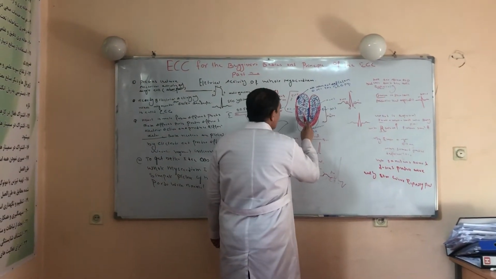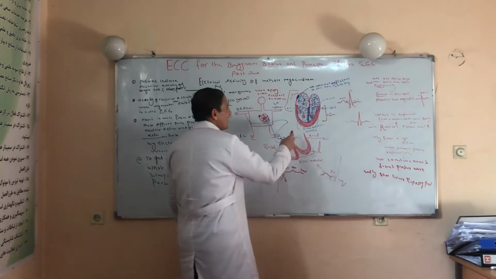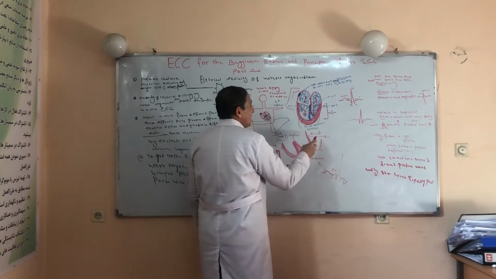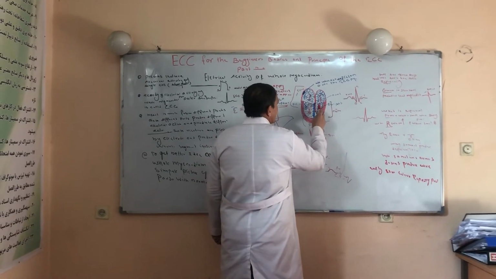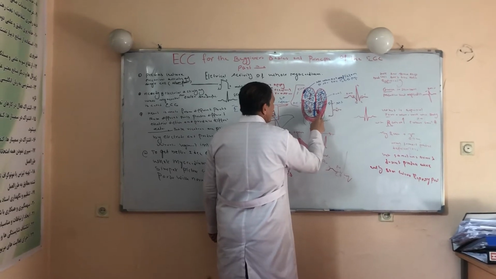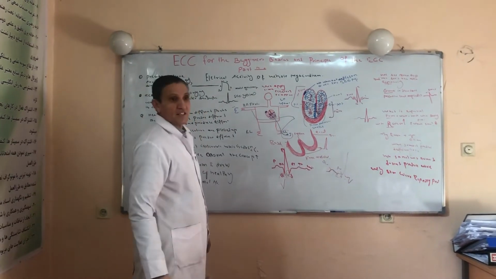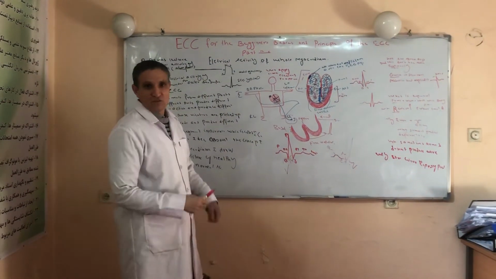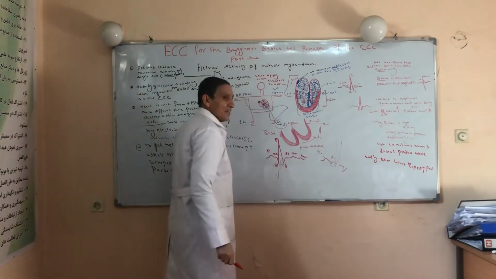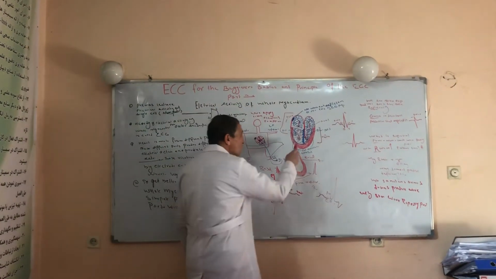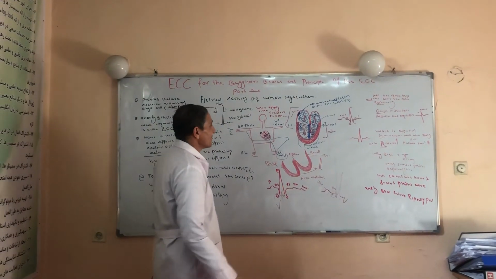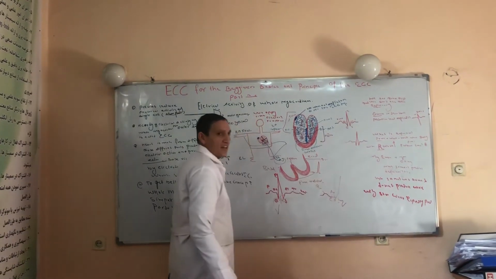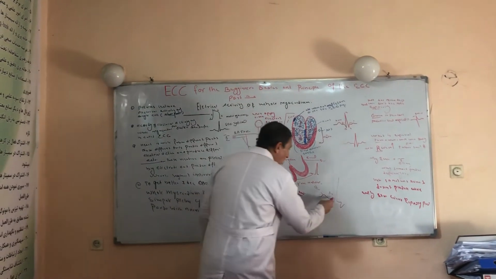After the right ventricular depolarization, the left ventricle is depolarized. Left ventricular depolarization starts from here, first group, second group, third, and finally the left ventricle is depolarized. The left ventricular depolarization vector also produces a large vector. Why large? Because the left ventricle is larger. Since the left and right ventricles are electrically connected to each other through gap junctions, these two ventricles are activated at the same time. So the right vector is mixed with this vector and they produce a single wave which is called the R wave.